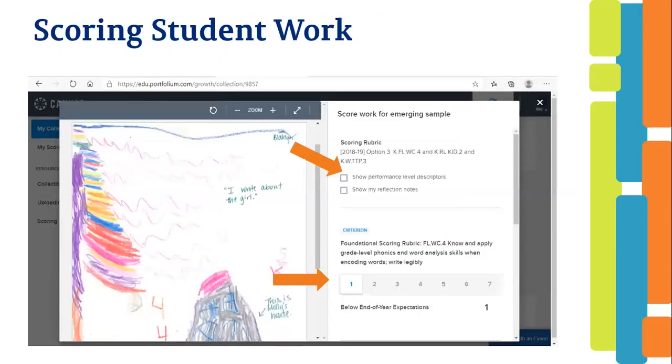Please see the example for scoring student work artifacts. The artifact is on the left hand and you can scroll up and down to see the whole page. Listed on the right is the portfolio option or standard you choose for the collection. There are two boxes to check if you want to see the rubric's performance level descriptors and your reflection notes, and the